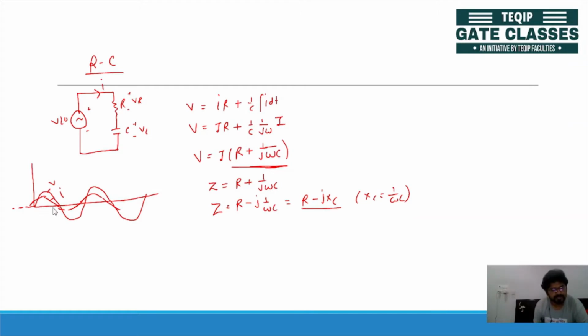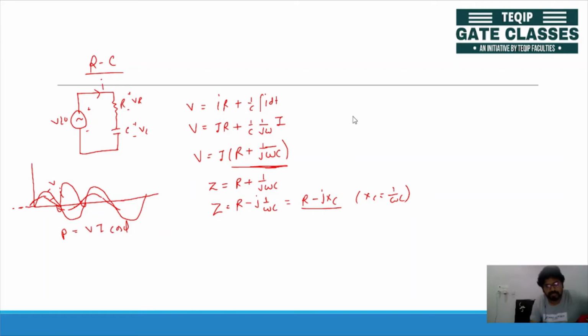And you'll get the alternate power. Okay, you'll get the small amount of negative, the large positive, small negative, large positive. So again the average power will be less than the average power for purely resistive load. And the average power will again be VRMS IRMS cos phi if we do the calculation. So you can refer to the RL circuit for this one also.